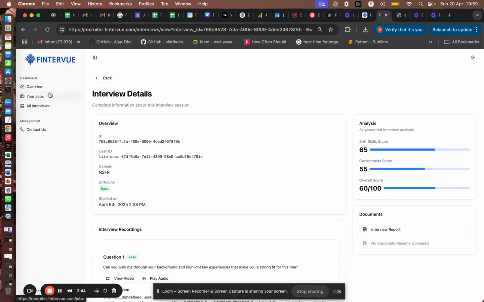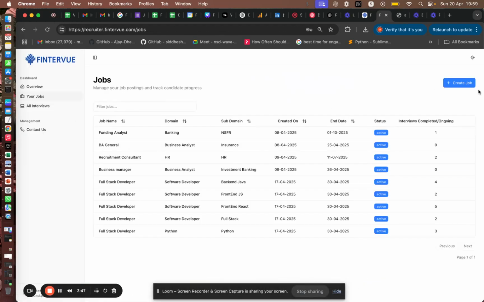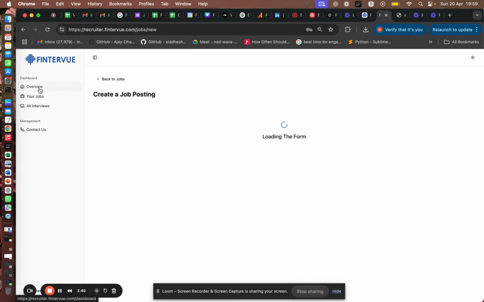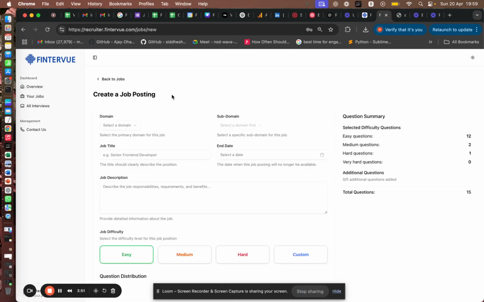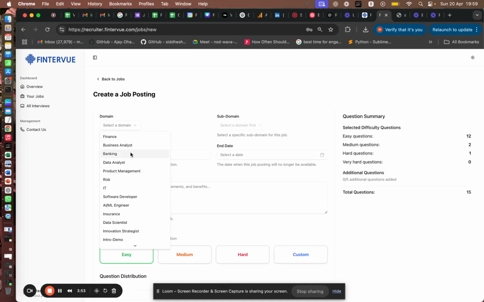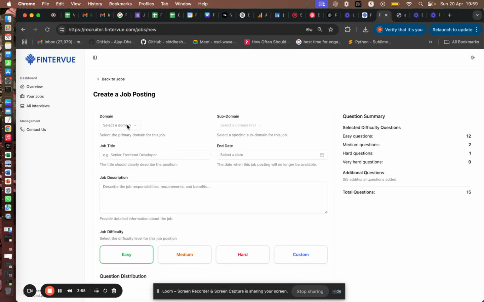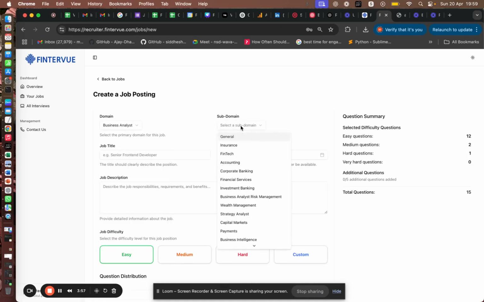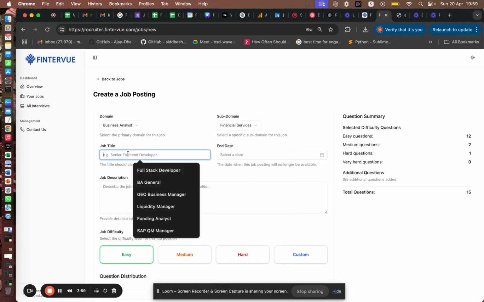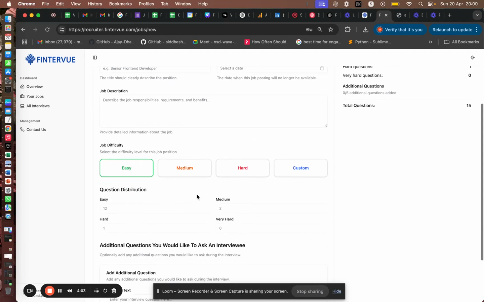If one were to create a job, all they simply need to do is to come to the your jobs section, then create a job posting. Here they can select from any domain, subdomain. So once I select the domain, then a subdomain is enabled. Then I can give a job title, end date, job description. I can select from a variety of job difficulties based on the years of experience of the prospective candidates I'm going